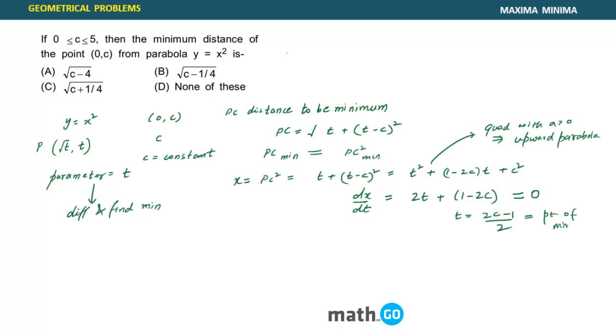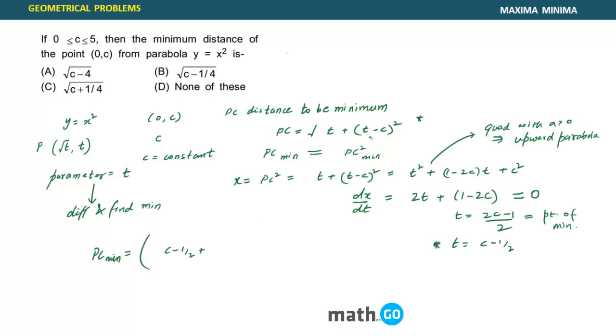No need to then satisfy these kinds of things. So that means t in terms of c is nothing but (c minus 1) by 2. So you need to just replace this value of t over here. That's it. So P_C min is nothing but under root of, t is nothing but (c minus 1) by 2,